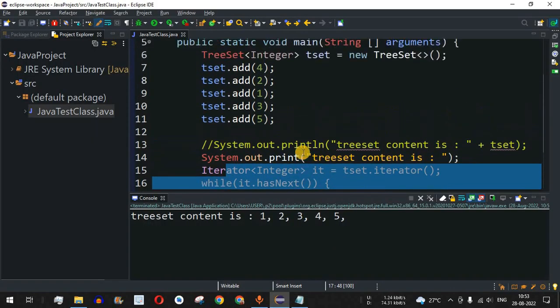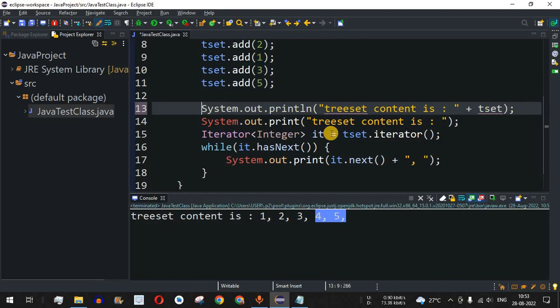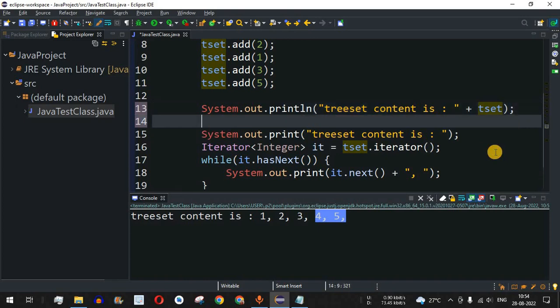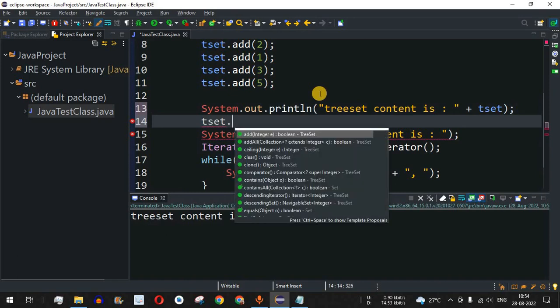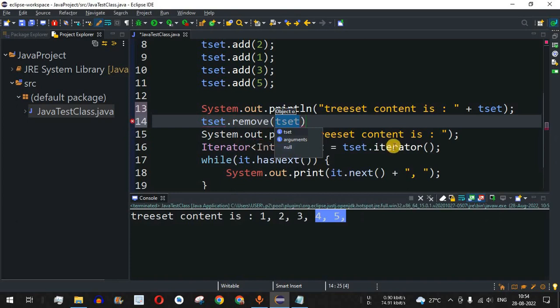So guys, let us say I want to remove this element, that is 3, from here, and I just want to print 1, 2 and then 4 and 5. So what we can do is use the remove method. I'm going to print the set twice. The very first thing is using the tset object, we are just printing all the elements, and then after this we are going to remove one element from the tset. So guys, we can use the tset object name followed by dot, and then we have something called remove. This remove method will take one parameter, as you can see, which is going to be the value which we want to remove. So I'm going to use this method, and the parameter that I'm going to provide is this value, that is 3, and then we have a semicolon.